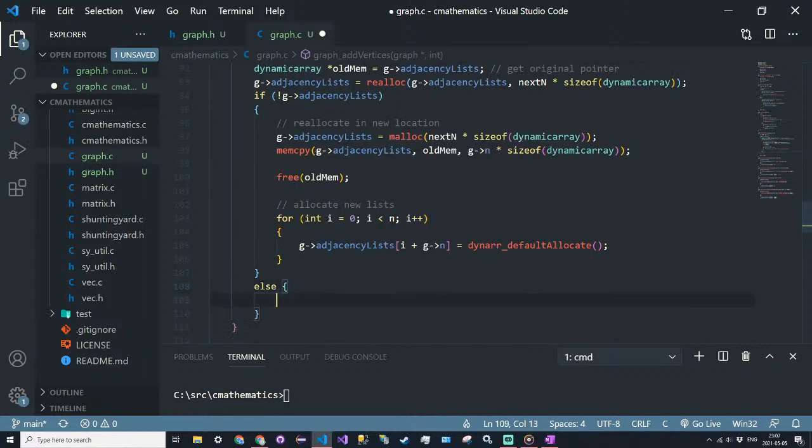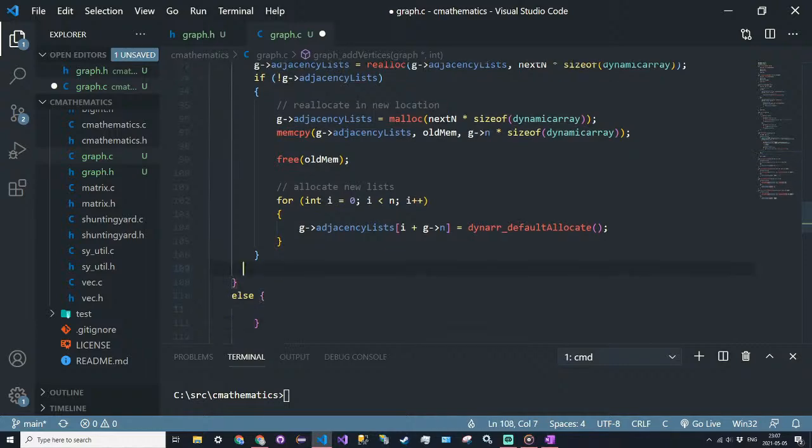Alright, now else. This one's going to be somewhat similar, but there's some more stuff that we have to do here. So we're going to start in a similar fashion, but not really. Oops, this should be else out in the outermost block. So for adjacency matrices, we don't have,